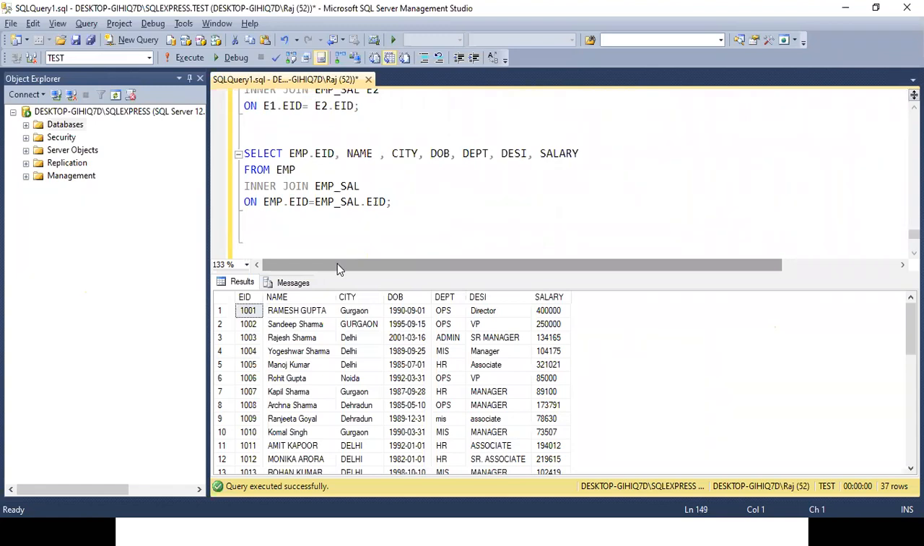SQL is smart enough, because for SQL it is very much visible that the name is there in the employee table and the salary is there in the employee salary table, date of birth is there in the employee table, and the department is there in the employee salary table. So obviously SQL will be retrieving the respective field from that table only. But the confusion comes when the field is available in both the tables,